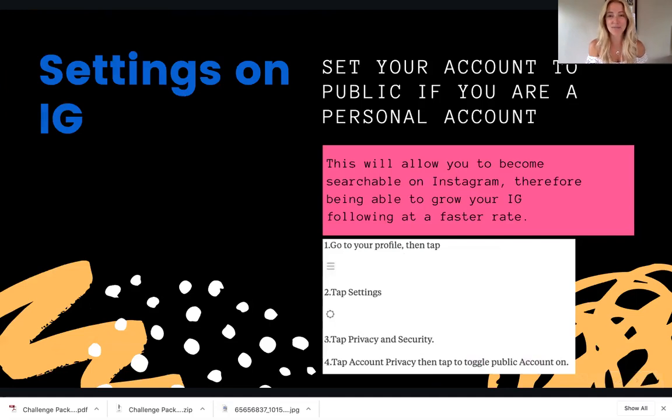Okay, your settings on Instagram. Set your account to public if you are a personal account. This is going to allow you to become searchable on Instagram. If you are a private account, no one can search for you. Also, if you're looking to grow your following, which we all are, if you are a private account and people have to request to follow you, likely they're going to continue to skip through and move on to the next account. If you're worried about this, you can always set up a second business account instead of using your personal account. And then that way you can grow your business if you don't want anything to do with your family on there. My best suggestion is that whatever account you are using for Instagram, you use your public account,